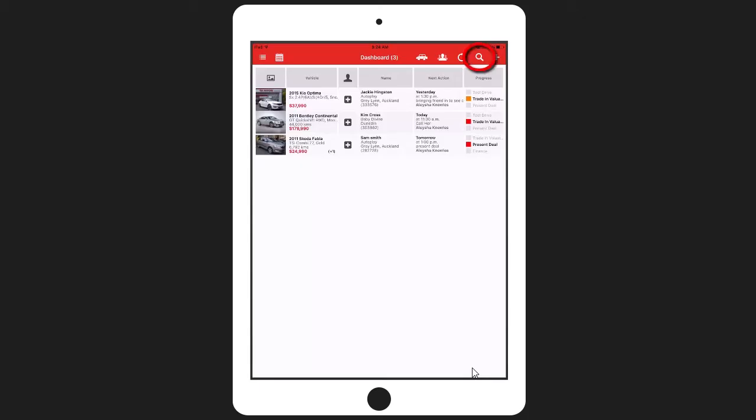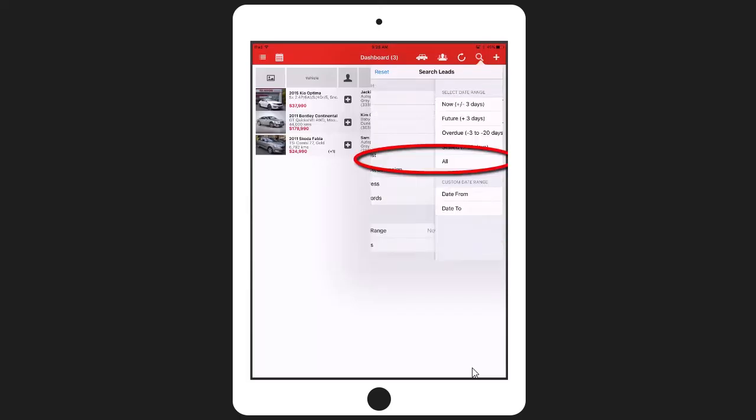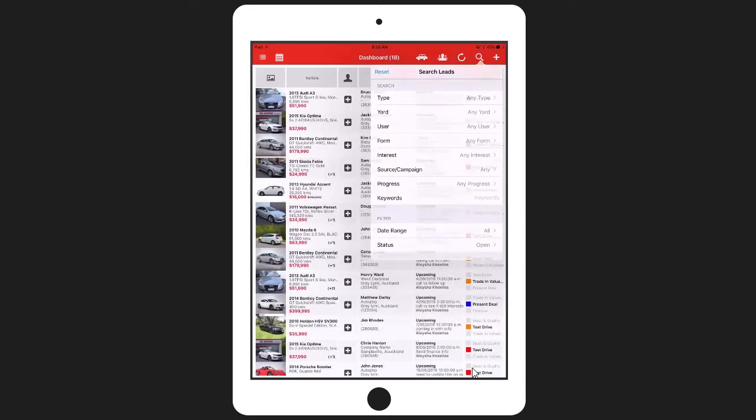To see all the leads, simply tap on the magnifying glass, go down to the filter which is date range. You'll see it defaults to now. Now is give or take 3 days. Your lead could be allocated to a calendar event 3 days beyond or 3 days in the future. So to see all of your leads, simply tap on that and go to all, and you'll see all your